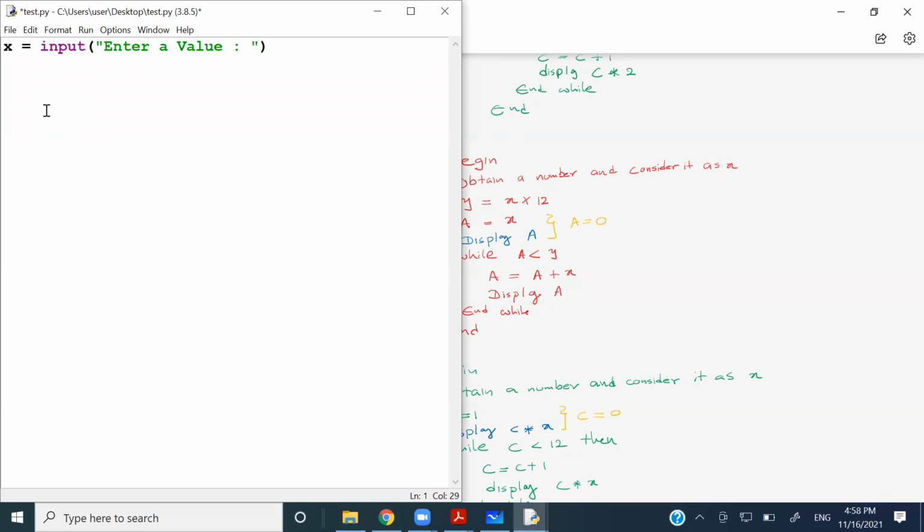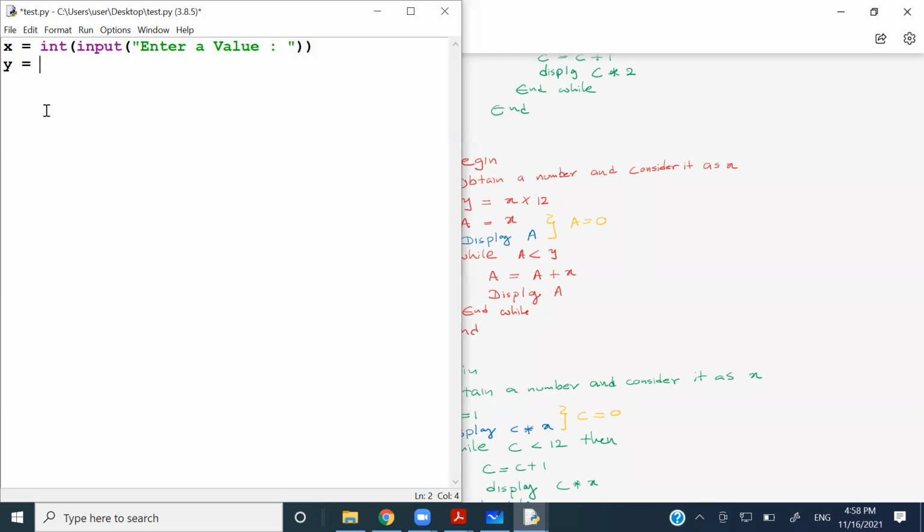Right, and the value that I am taking through the input needs to be converted into an integer, right? So because of that, I'm going to put this input statement inside the int function. We know that the input function will give us a string value. So putting it inside the int function will convert it into an integer, right? So after that, according to my pseudocode,